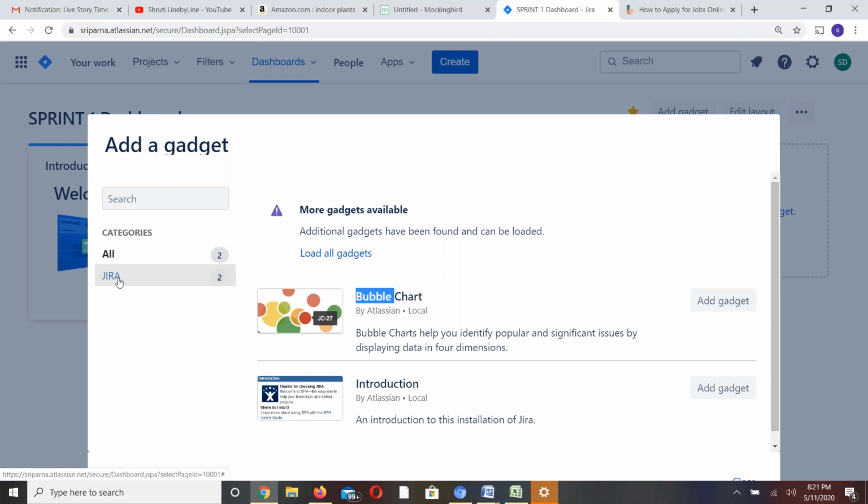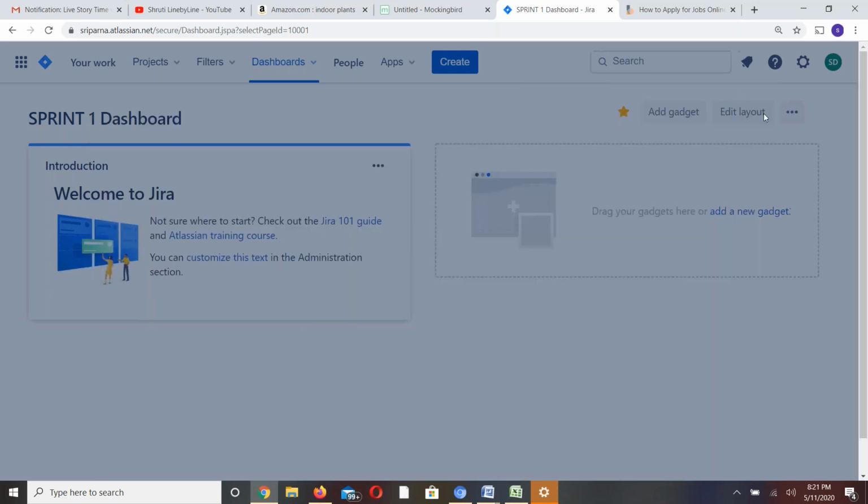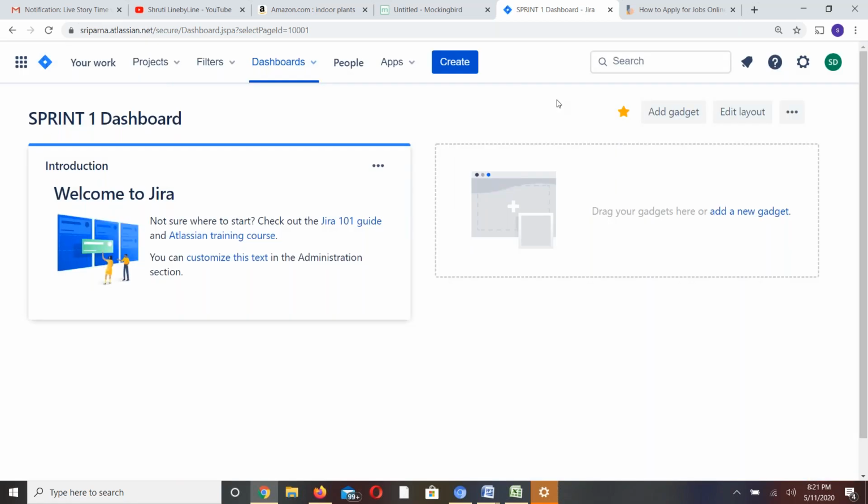So you can try playing around with this trial version by creating a project. Under the project, you add the backlog items. Under the backlog items, you then create the sprint cycle. Under the sprint cycle, you pull up the items, and then again you create different types of filters, and you can create a dashboard, and a number of such things.